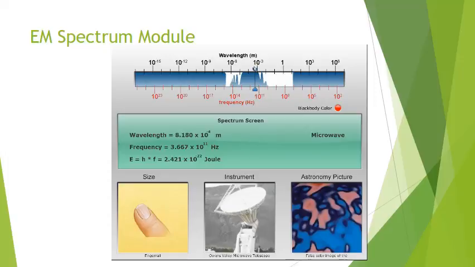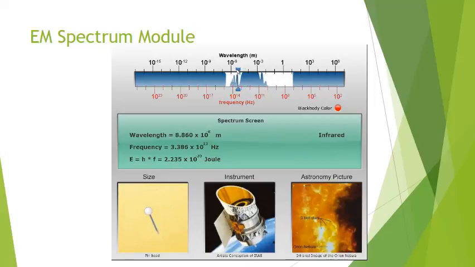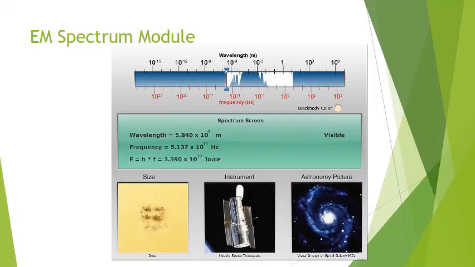I've gotten into the part of the spectrum where now I'll be using a microwave to receive this kind of wave. I'm getting even smaller wavelengths. Now I'm talking about infrared. And even farther to the left here, now I'm talking about visible type of light. Again, notice how the wavelengths are getting smaller and smaller, the frequencies are getting larger and larger.